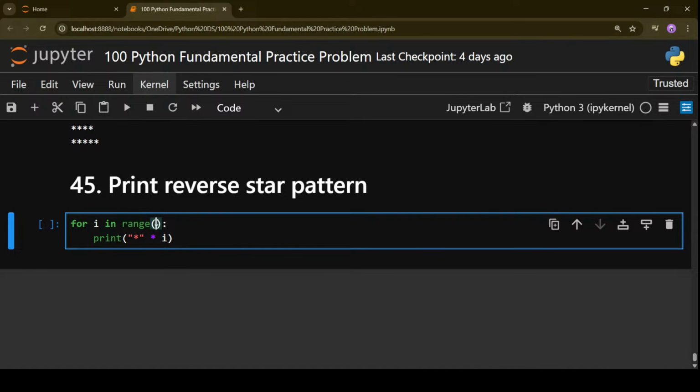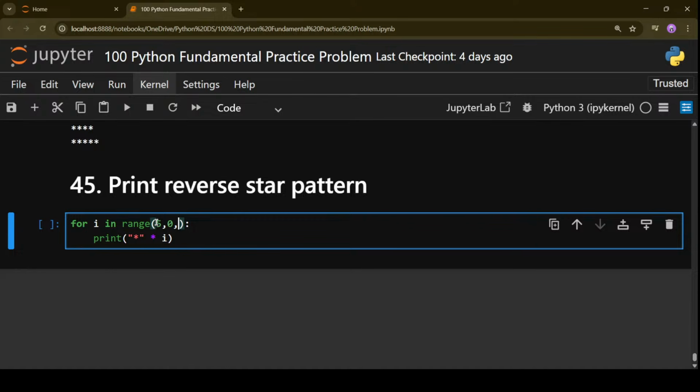Okay, what I told you that now we have to go from five columns to four, then three, then two, then one. Okay, in that way. So we'll start from five. Where till we have to go? We have to go till one. So zero, and we are going in decrement manner. Okay, by default the range function goes on one increment. Here we are going on decremental. Okay, and by how much we have to decrement? By one.